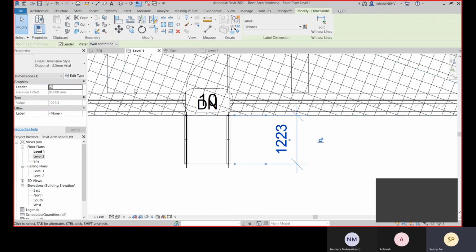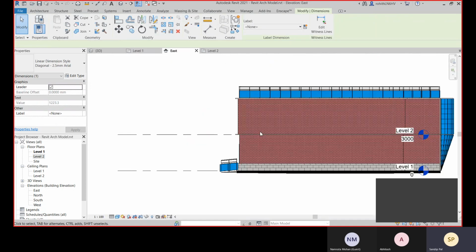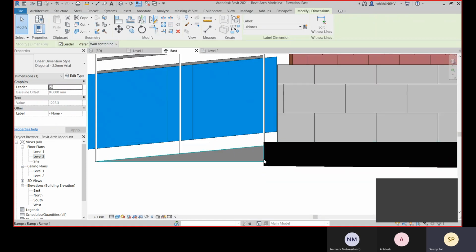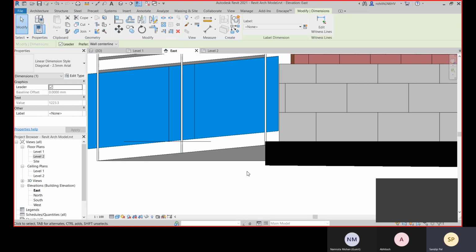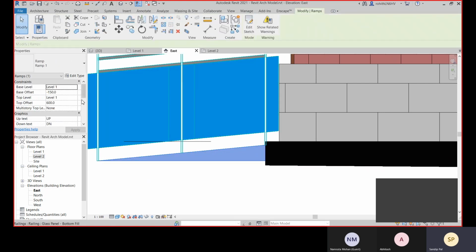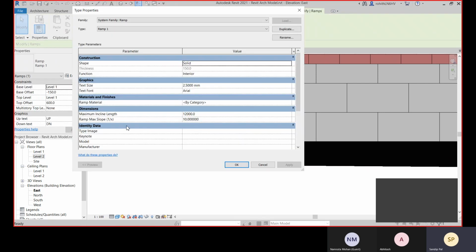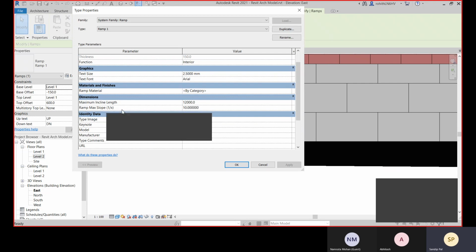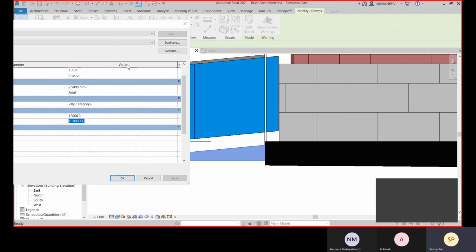Come to east, and there you can see this is the height. From there you can define how much the max slope will be, and according to that you will get the height.